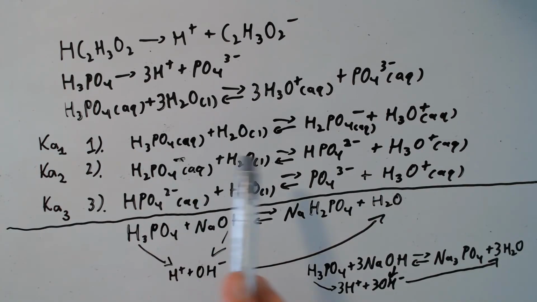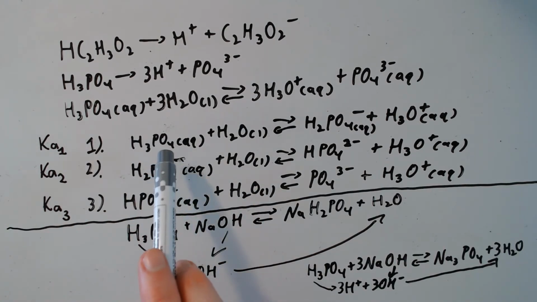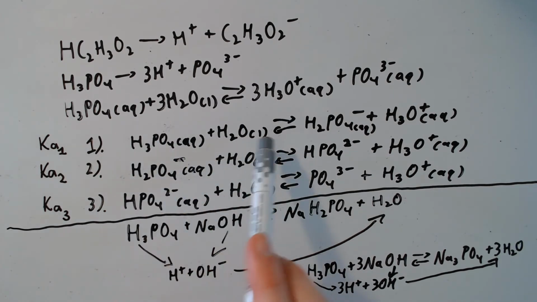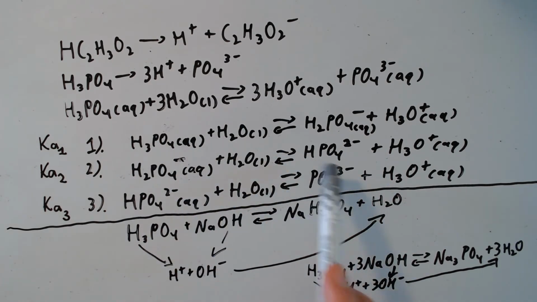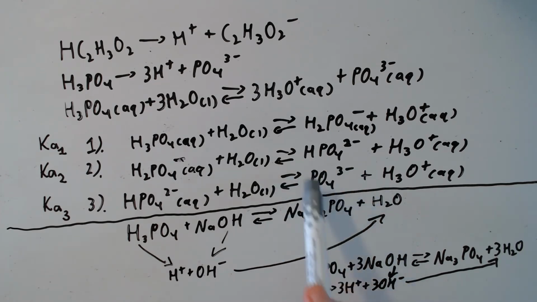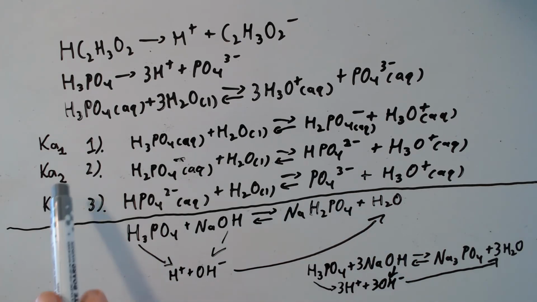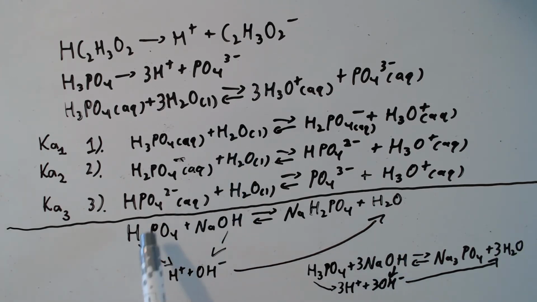Now, this is what happens when this polyprotic acid is dissolved in water. The H's come off one at a time, and there is very little of this PO4 3- and very little of this HPO4 2- because the Ka's are very small. However, if this polyprotic acid, H3PO4, is combined with a strong base, like NaOH, sodium hydroxide, it's a very strong base,